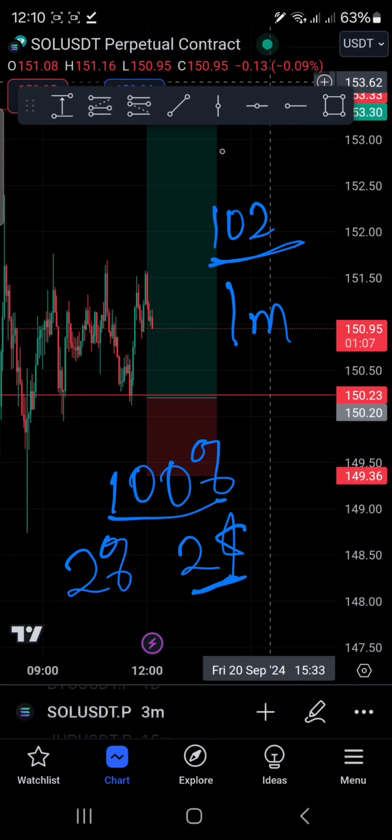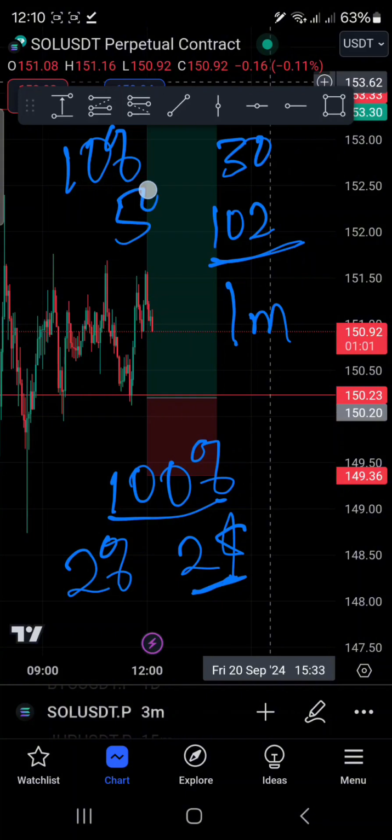Do this for 1 month and see how much you'll be left with from this $100. If you're able to do 30%, good job. If you're able to do 10%, good job. Even if you're able to do 5%, good job. And you must have your trading journal that will help you record all these things.